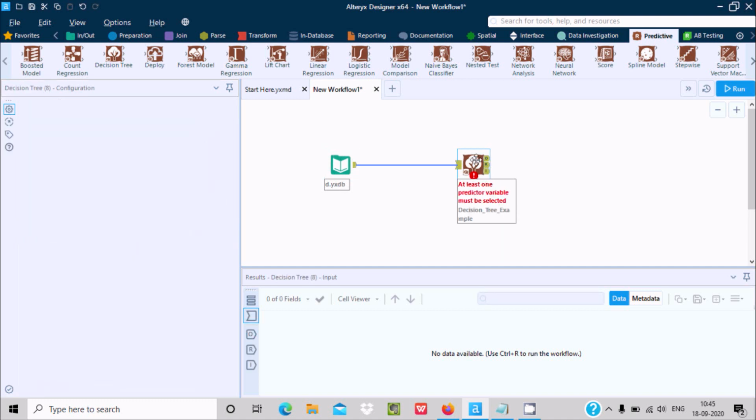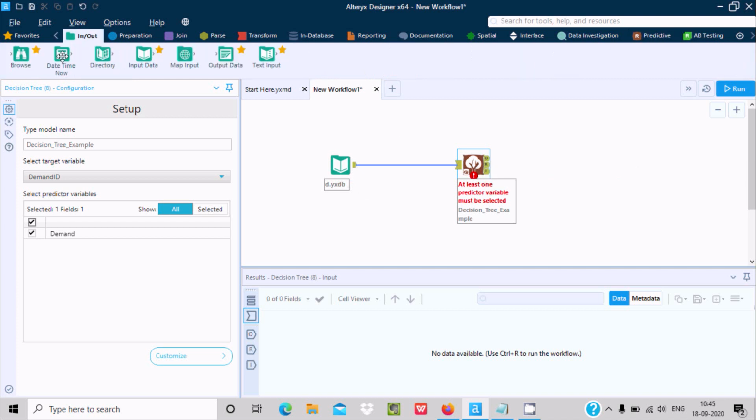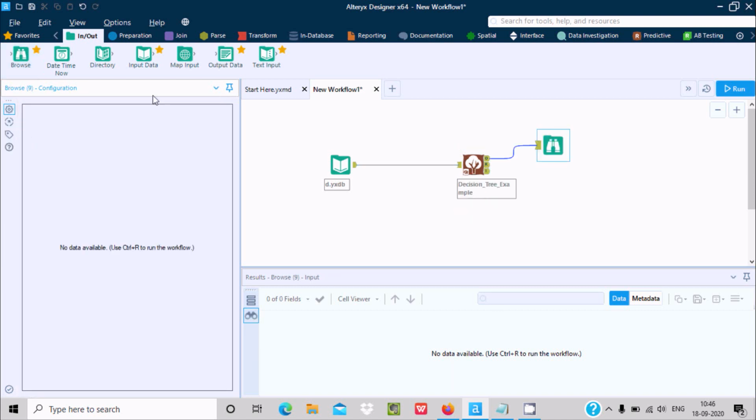Let's select demand ID here, and we need to check this. We can check more than one. Now it has 3 outgoing connections. First is for output, next is R for report, and this one is for the interactive report.